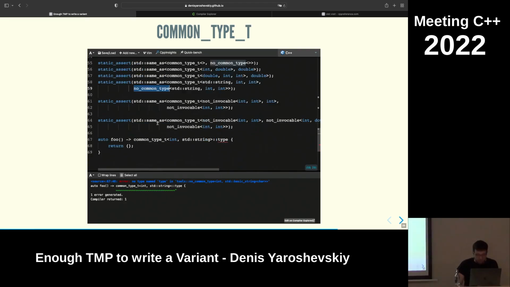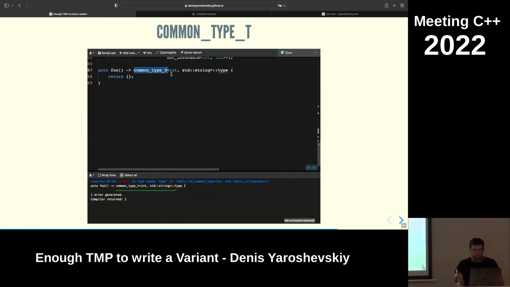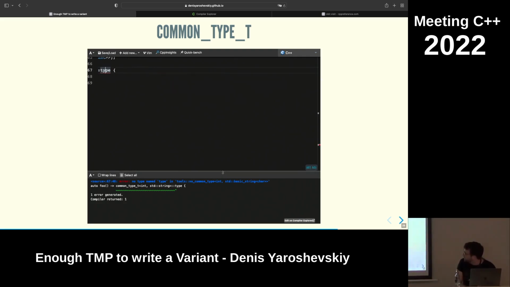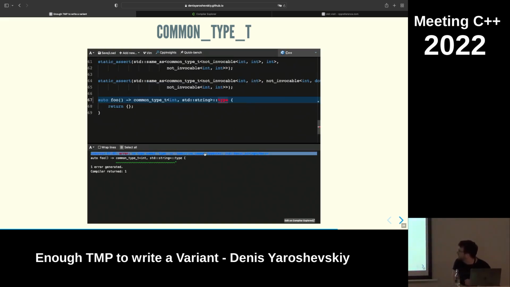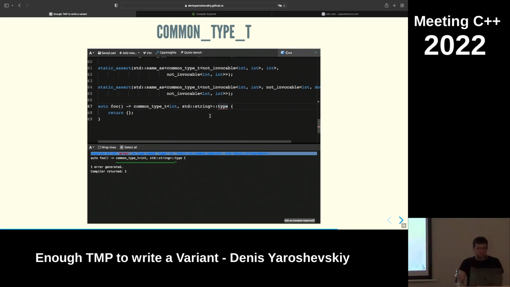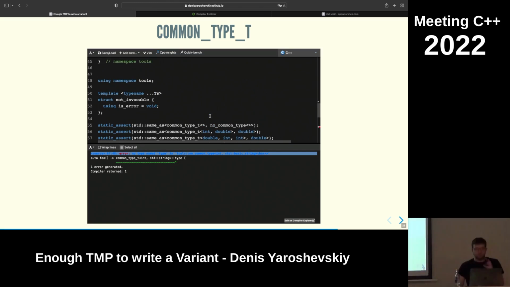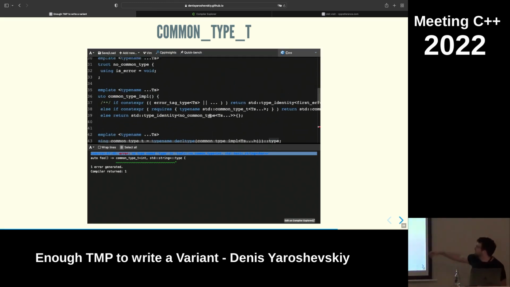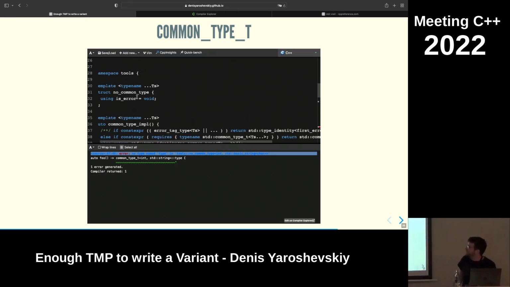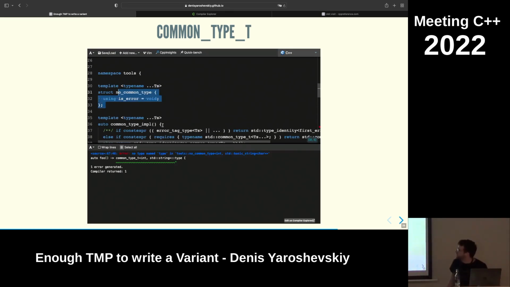And what this will give me is, when I have a function that returns this common type, it's going to report an error. Sorry, you cannot see this, but it says tools no common type int basic string. And this is one error line. So utilizing named return types to indicate errors is a very powerful technique to give your users nice error messages. How does this work? Well, I have just no common type. This is just a weird, simple thing.